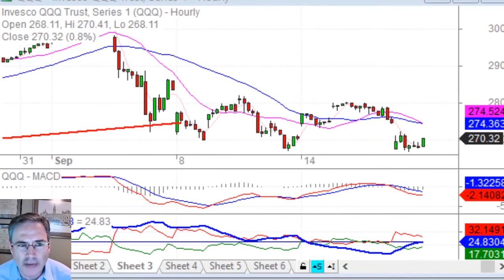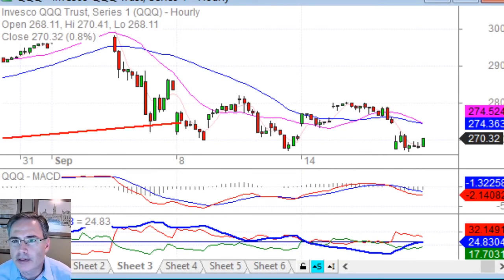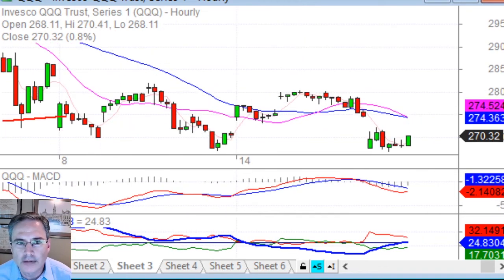Let's go to the hourly chart of the Qs, because this is really what I wanted to explain. We had the pattern from last week, and then it came up and it rallied. If you notice, we had the 18 cross above the 40, and then the price came into the zone between the 18 and the 40. Then we got this green bar right here, where you're basically getting a buy signal. 18's crossing above the 40, we come into the zone, and we're trying to come out and start a new uptrend.